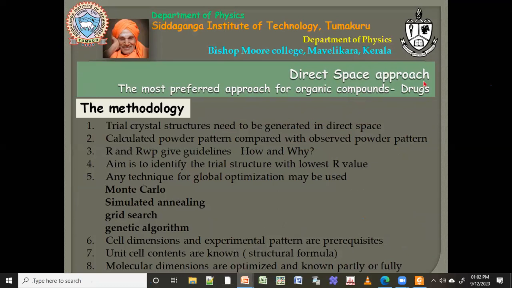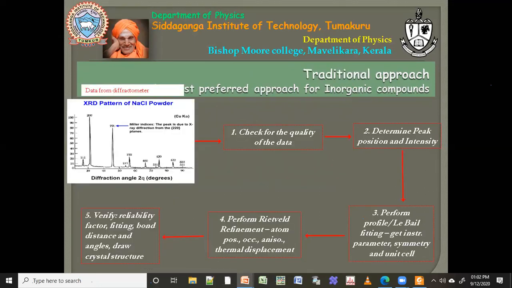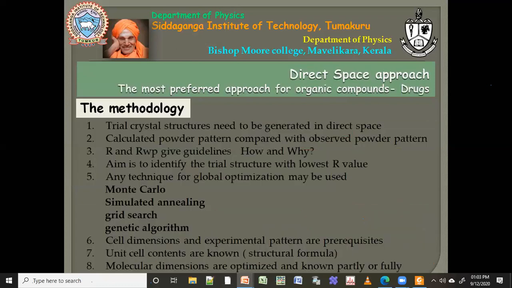this direct space approach. Okay, so if it is a very new, completely new structure, then you have to do this. If not, even if it is a single crystal, you just crush it, you take a powder XRD, and you can do this traditional approach. Okay, but if it is a completely new thing, then you have to go for this kind of direct